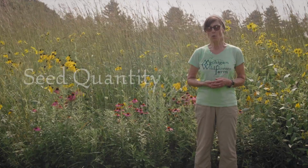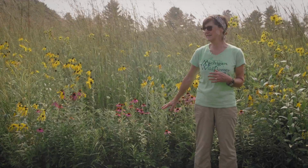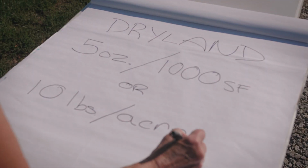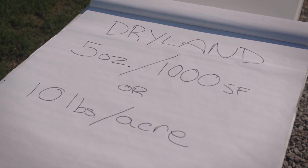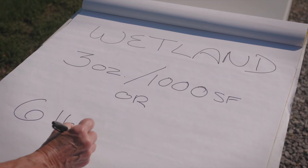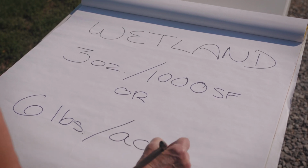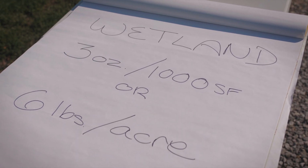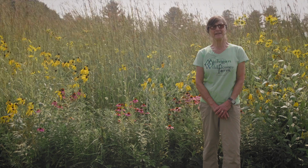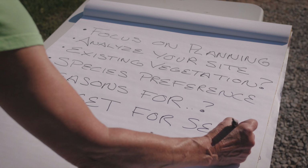As far as seed quantity, if it's dry land like these species and these conditions here, it's 5 ounces per 1,000 square feet or 10 pounds per acre. If it's a wetland, which uses much finer seed, it's 6 pounds per acre and 3 ounces per 1,000 square feet. And then the next step is selecting the species, and that's all based on that list of things that